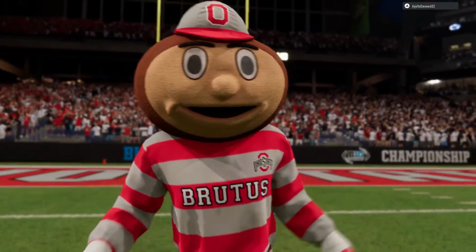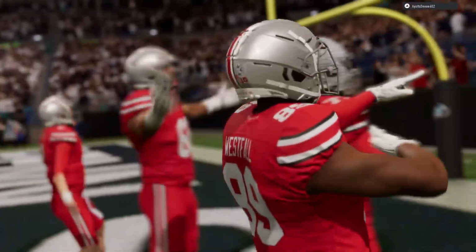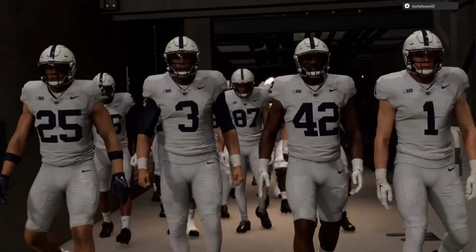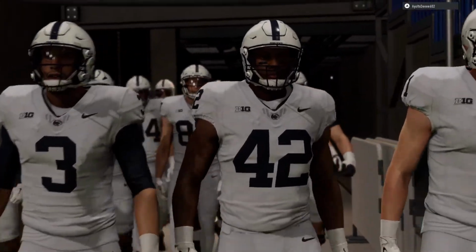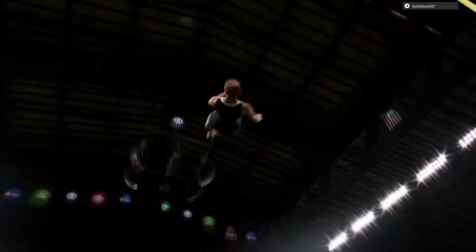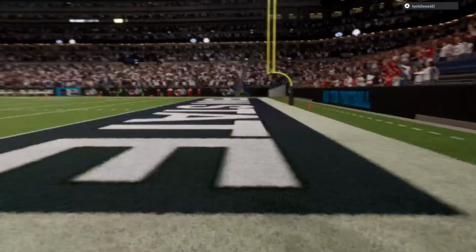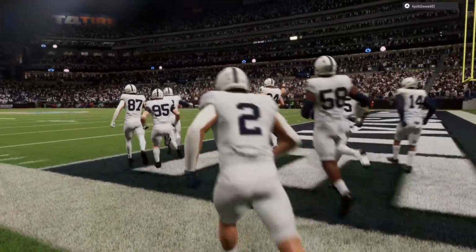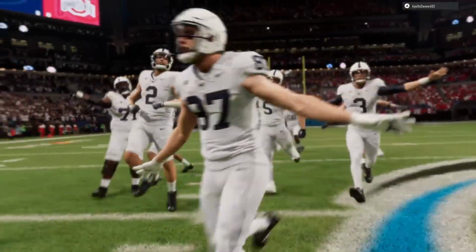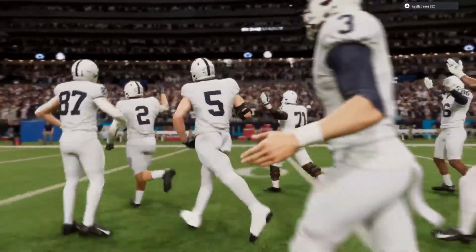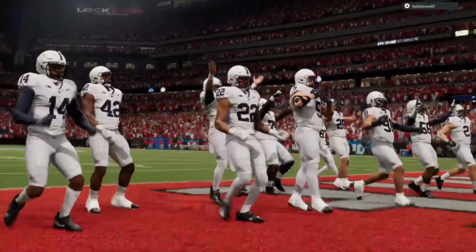This is a matchup we've all been waiting for. Two teams ranked in the top 5, battling for a precious conference title, but also pointing to something even bigger, the college football playoff. As we'll see, the number 5 team in the country, the Penn State Nittany Lions, taking on the second-ranked team, the Ohio State Buckeyes.